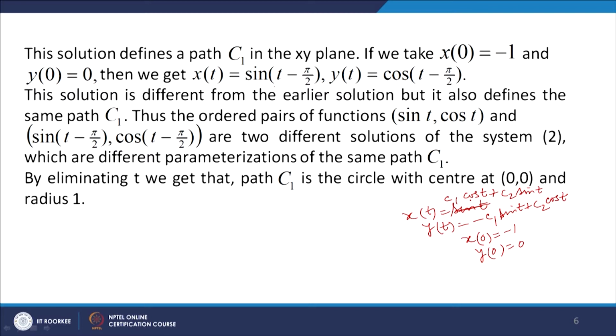Now, we can see this solution is different from the earlier solution, but it also defines the same path C1. Thus, the ordered pairs of functions (sin t, cos t) and (sin(t minus pi by 2), cos(t minus pi by 2)) are two different solutions of the system 2, which are different parameterizations of the same path C1. When we eliminate t, we get that